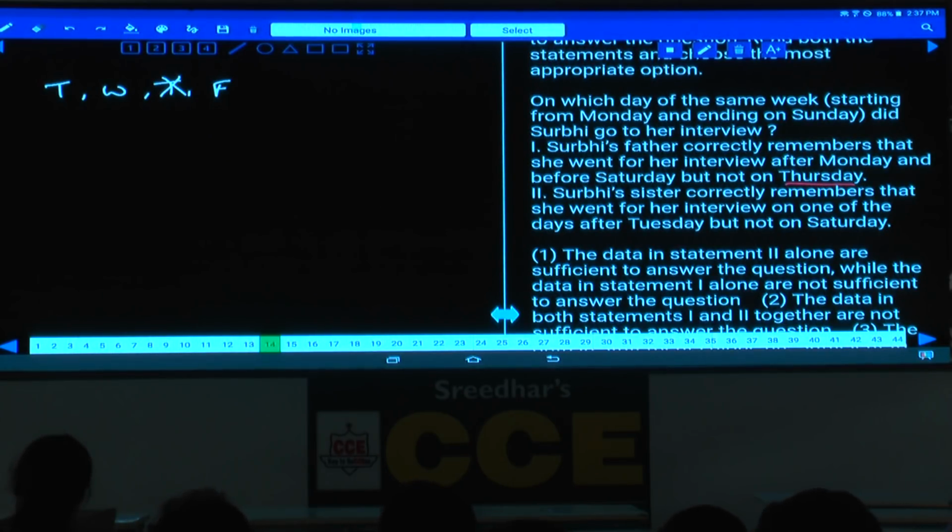Now condition number 1. Hence, what are the possibilities here? Either Tuesday, Wednesday or Friday. Hence, 1 alone is not sufficient because you are getting 3 different answers, 3 different days. Then coming to condition number 2,